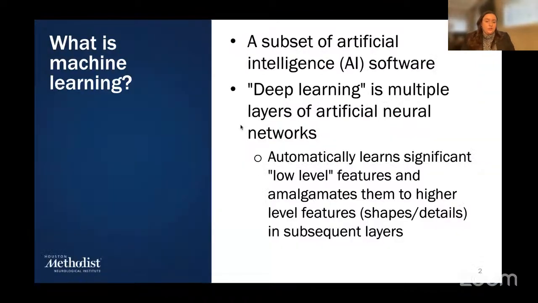So I know we've sort of already touched on this through Dr. Freyvert's discussion, but what really is machine learning? To me, this is all quite new, but it is a subset of artificial intelligence software. And then deep learning specifically defines multiple layers of artificial neural networks. That's kind of what Dr. Freyvert described, as this was created based off of the way our brain processes visual information, starting from a very simple yes or no, black or white, and then redefining into more detailed features, kind of like shapes, designs, and how that looks in subsequent layers.